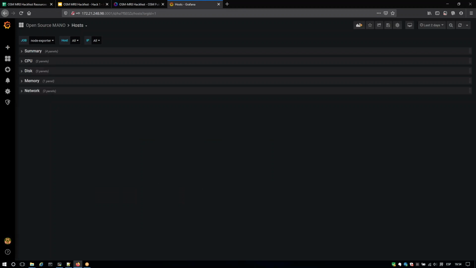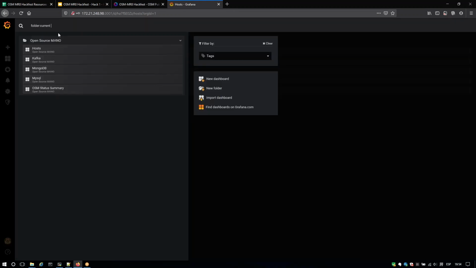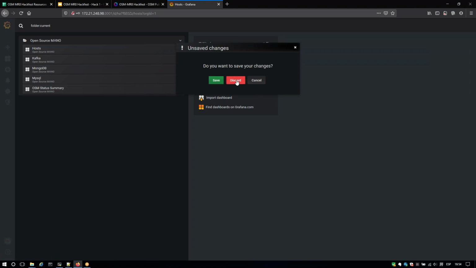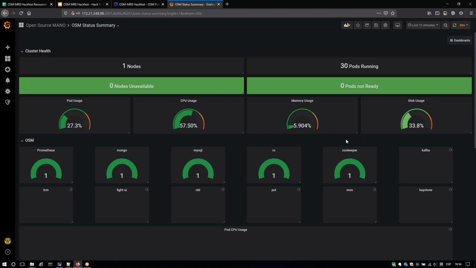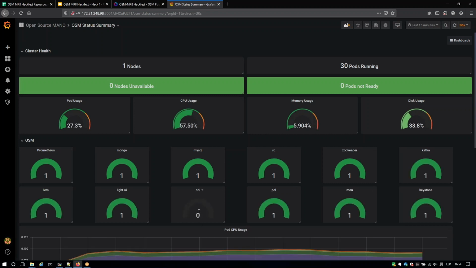If we return to the dashboard and go to the summary, as you can see, there is now no MBI pod running, but what we're going to do is customize this dashboard so you can see an error